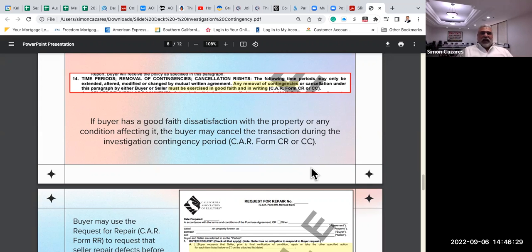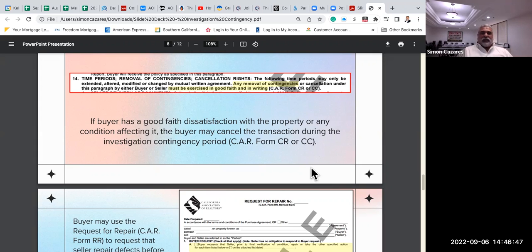If that's hiring multiple home inspections, multiple roof inspections, the buyer within their time frame has the ability to do so,